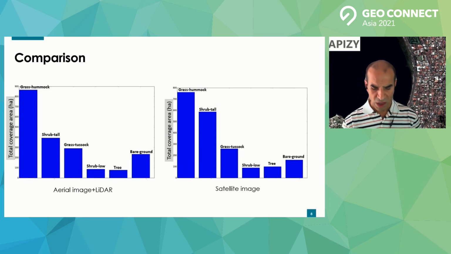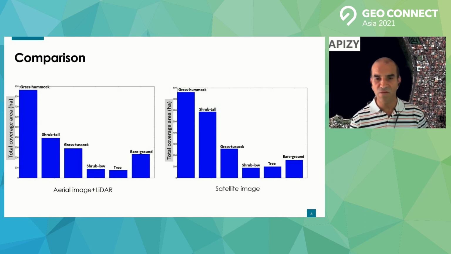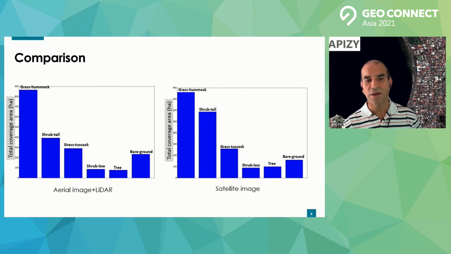So the conclusion from this use case was that we can use satellite imagery and the powerful AI technology, and we can produce similar quality analytics when the requirement is a bit relaxed, and we can pull out this information. The only challenge, I guess, is that for mine rehab, one of the requirements is the